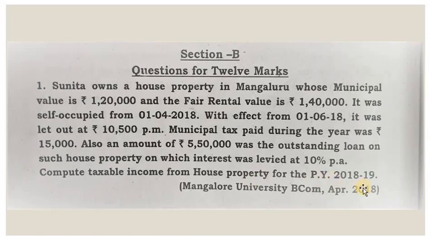Now this house comes under the fourth category, that is partly let out and partly self-occupied. In partly let out there are two categories: one is period let out and period self-occupied, the other is portion let out and portion self-occupied. Now this is period let out and period self-occupied, because for 2 months it is self-occupied and for another 10 months it is let out. So in this case the house shall be deemed to be let out for the entire year. That's why we have to consider this house as let out property, not self-occupied property. In this way, let us calculate.